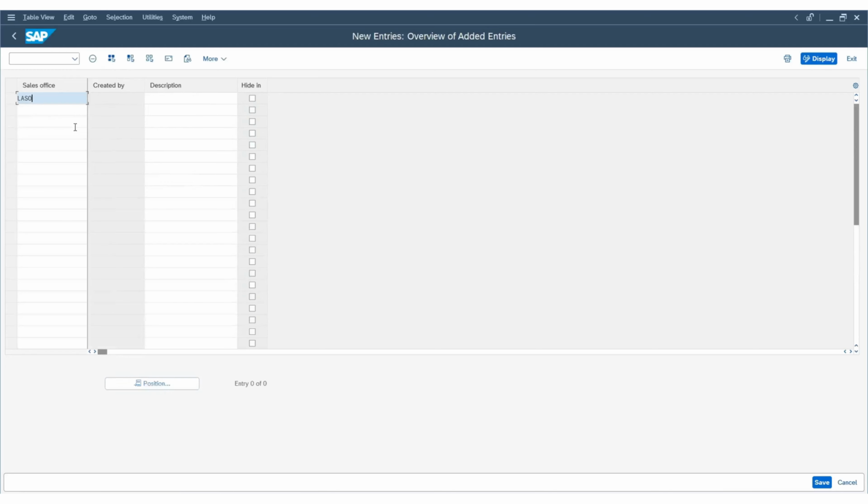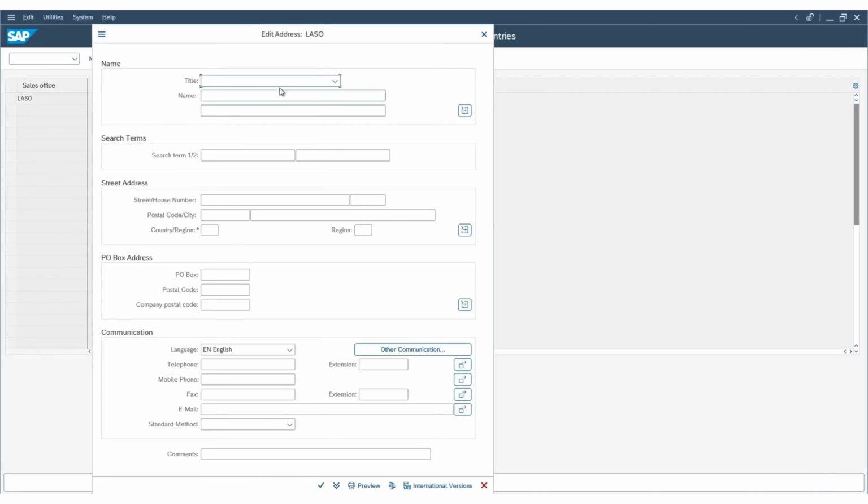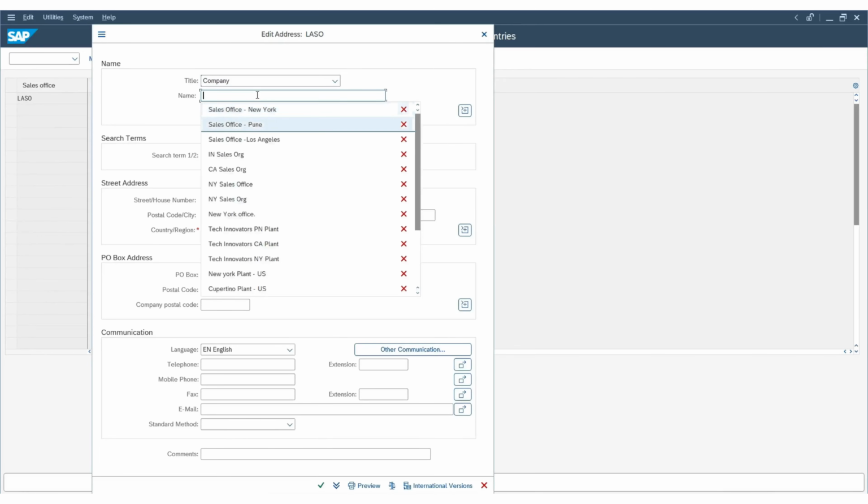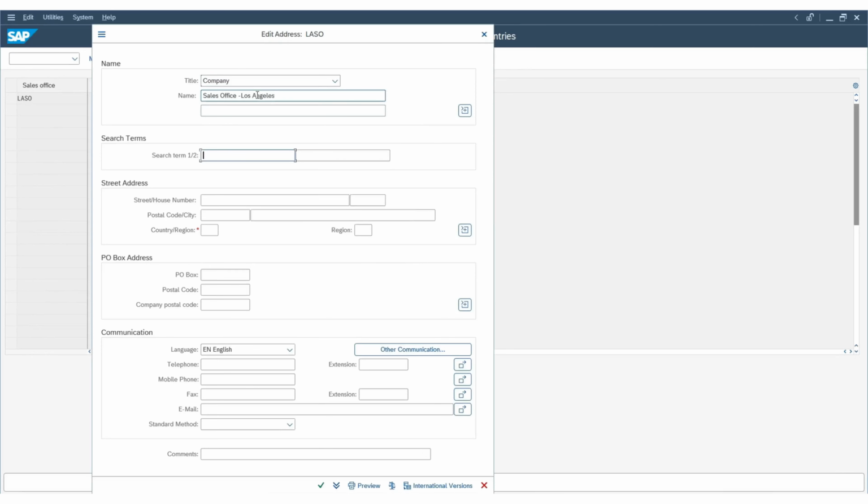LASO, description as Sales Office Los Angeles. Click on Address, give the name of the company, Sales Office Los Angeles. Search term as LASO,